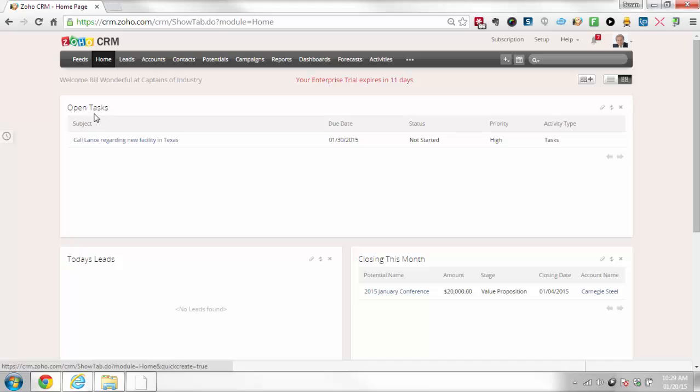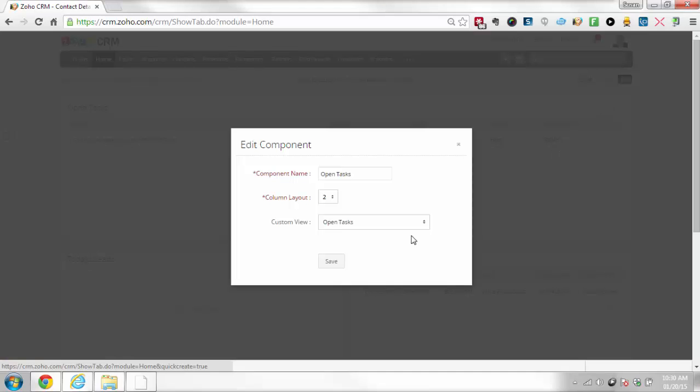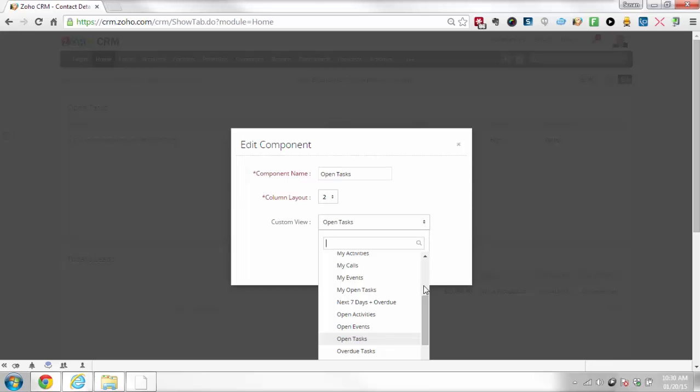So right here, this is open tasks. This is everybody's open task. If you recall, Candace was going to call Lance regarding the new facility. I don't want to see Candace's. I want to see my tasks. You might want to change some of your dashboards here based on the views you've created. I'm going to click the little edit button here and say, I don't want to see open tasks. I want to see